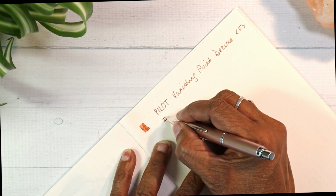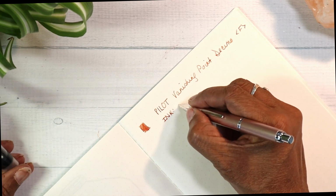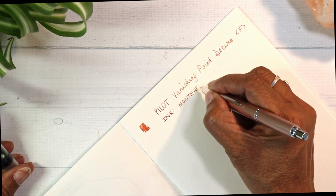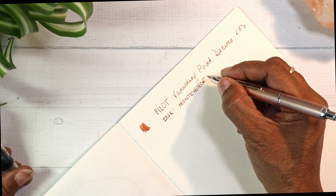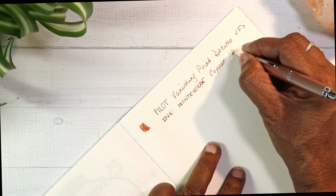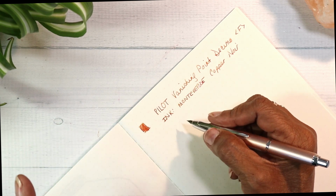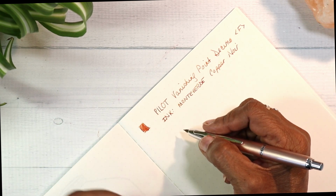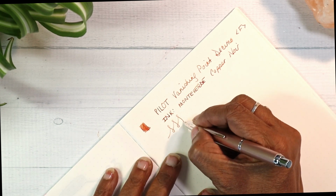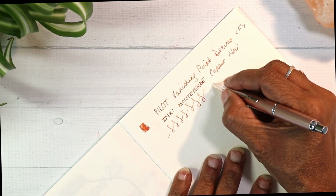And the ink is Monteverde Copper Noir. Such a pretty color. It's a brown that's reading, has lots of orange hints in it. Let's go. You can hear the feedback on the paper, but